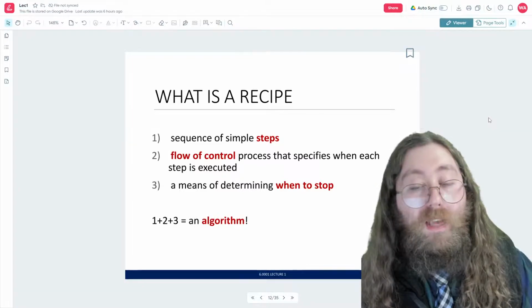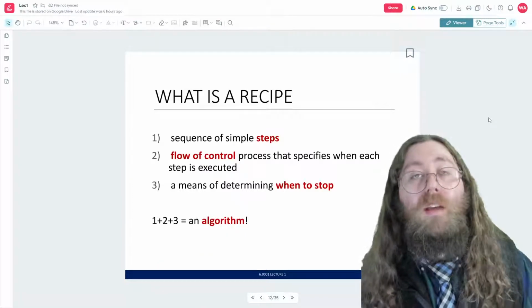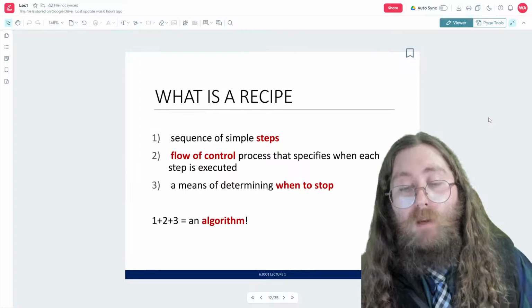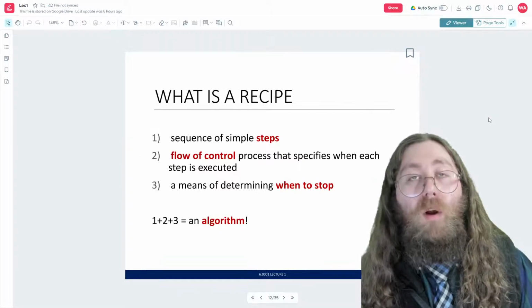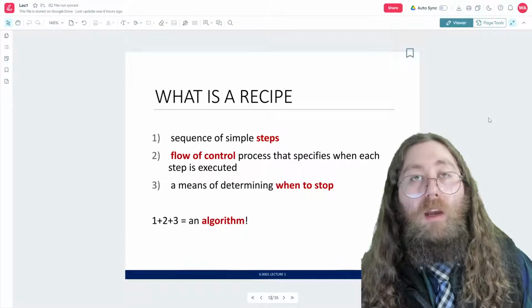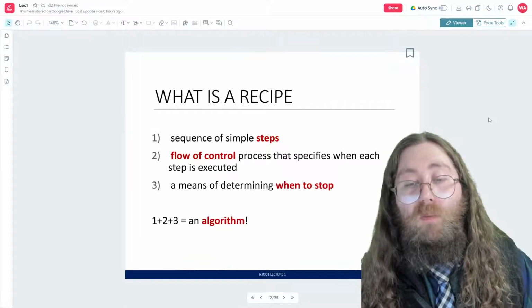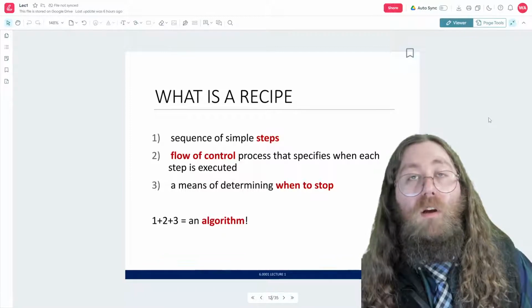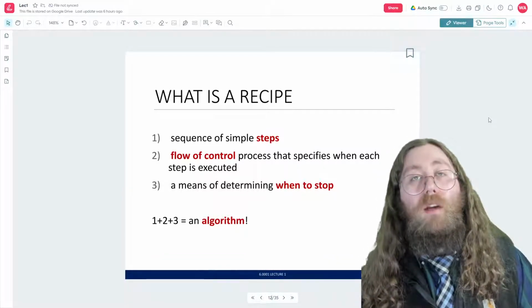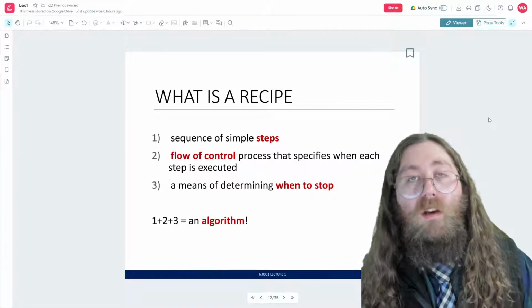And the third thing is having a means to stop. That's important with these types of processes, right? Let's say you're making bread. Well, you're going to run into a recipe for making bread, and you're going to go through that recipe, and when you finish the bread, you're done. You don't want to just keep making bread nonstop, right? So knowing when to stop is really important.